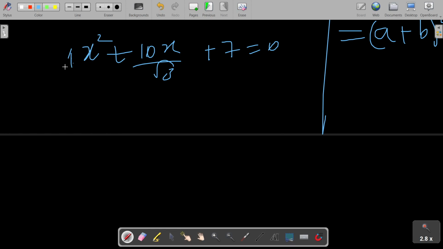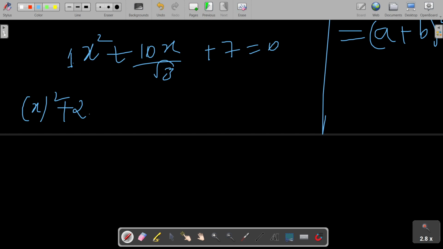So what I'm going to do is make this coefficient one. So 1 square is 1. We can make coefficient 4 also, which is 2 square. But in this case, we did not need to do that. We do not need to do that. Okay, so it is x whole square plus